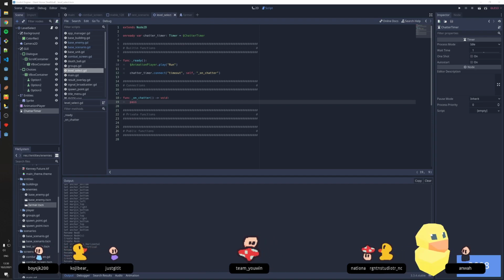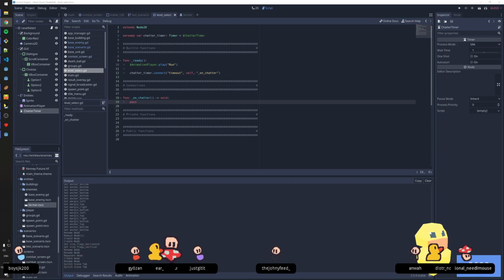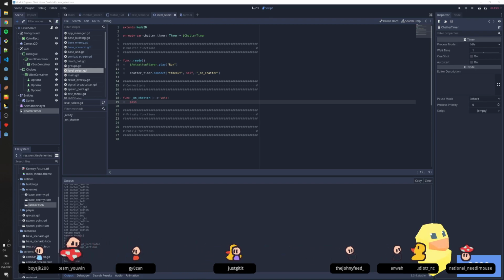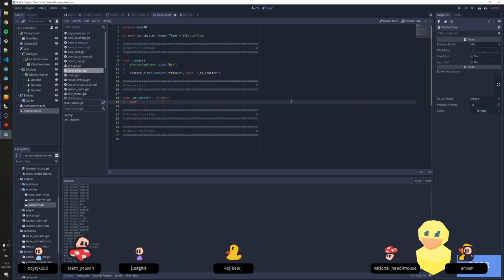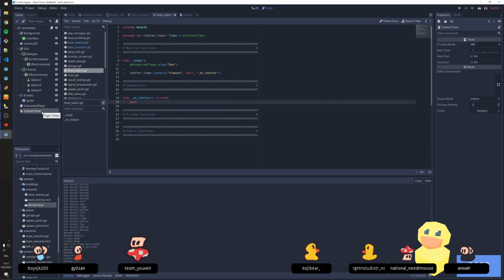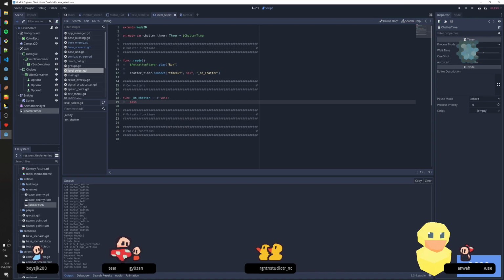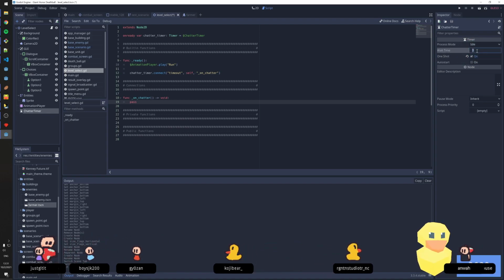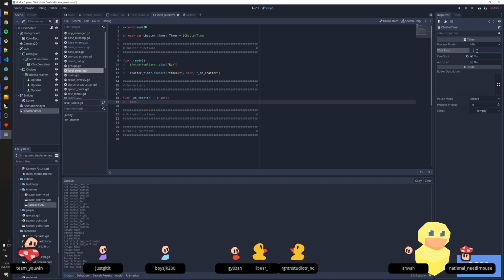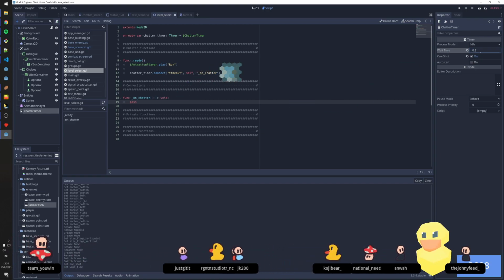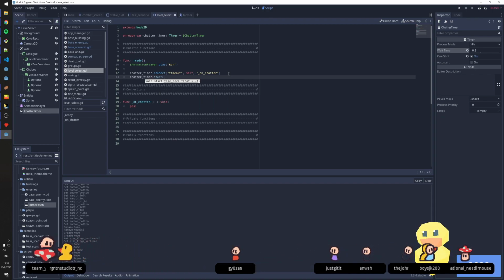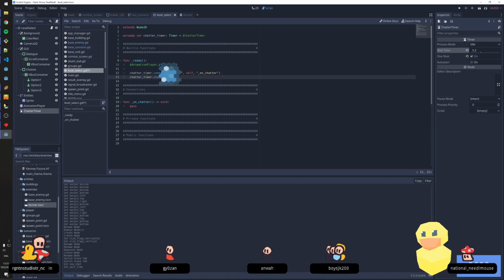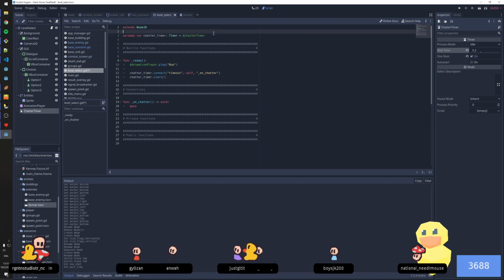Let's see. Okay, so on chatter. Yeah, you know what? We can just set this timer to be really short, like a wait time of 0.2. So connect timeout, and then we'll also just chatter timer start. What does start do? The start